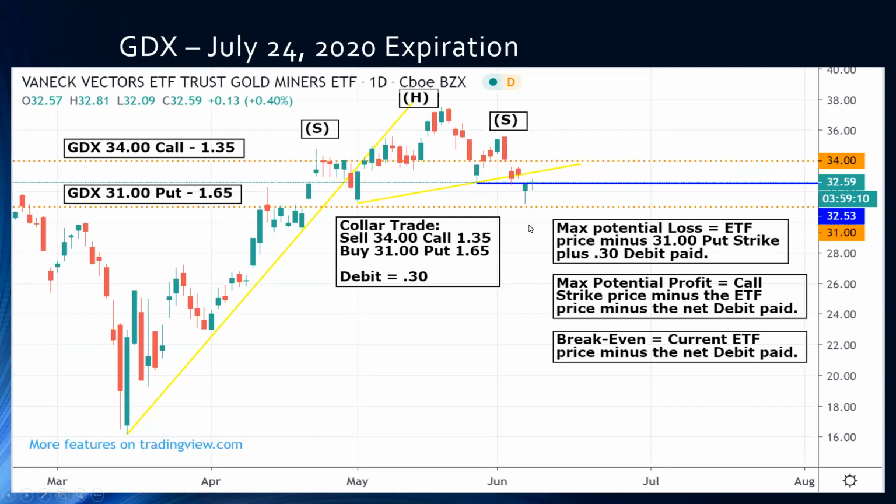But think about this. Gold is something that fluctuates in a big way. Now, when I was looking at it, I noticed, oh my gosh, while I'm looking at putting on a collar for the GDX ETF, look at what else is going on here. We have a head and shoulders pattern here. For any one of you that is familiar with technical analysis, you can see how we have this initial bullish trend here with this upward sloping support line, this big yellow line, okay? And that's where the shoulder came up here, and we fell through this, which showed that the market wanted to go kind of neutral.